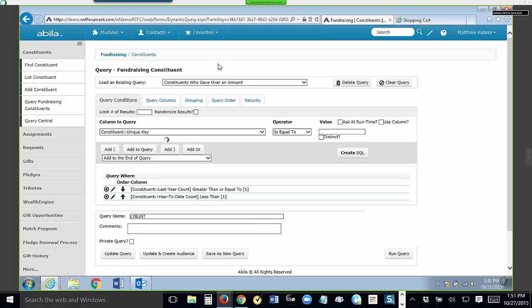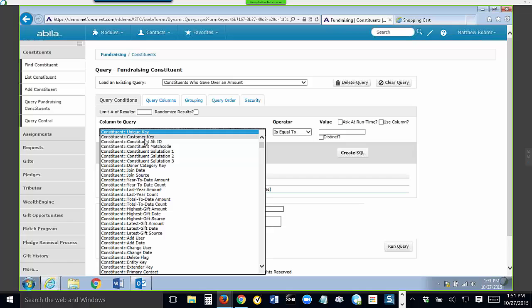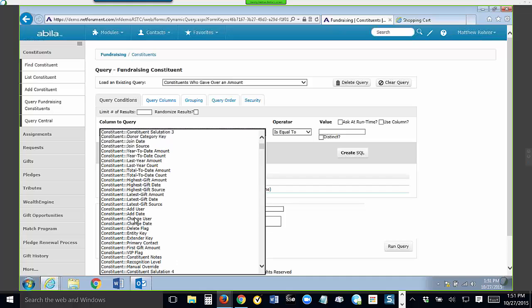Let me just do this one. Here's the constituents who gave over an amount. So if you're just looking for gift amounts that are over a certain dollar amount, notice the difference here in the criteria on the field choice. And this is sometimes where I think the query tool can get more complex in terms of picking the right fields to query on, right? Here you can see the year-to-date amounts and the last year amount. So all of those are on the constituent table. But we'd have to dig a little bit further to find for a specific